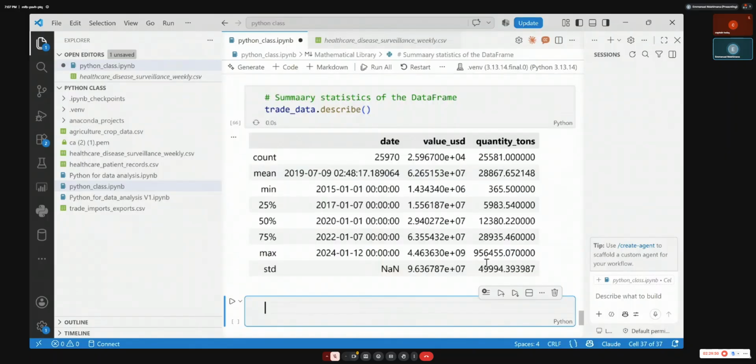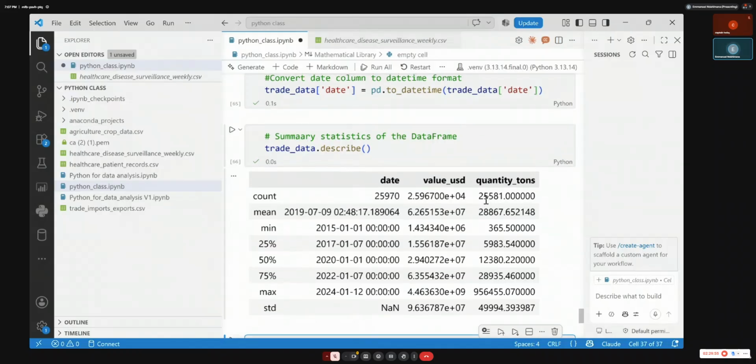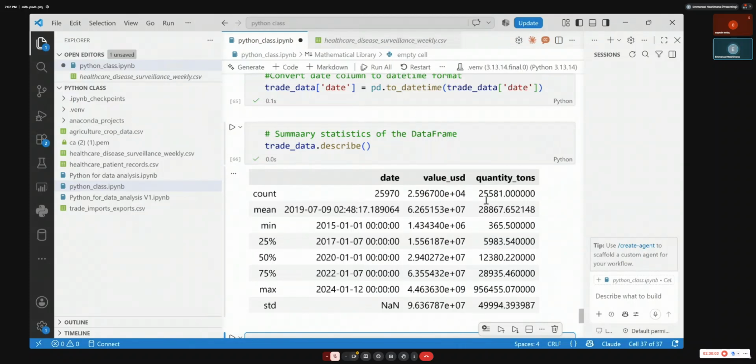This describe will mainly work on the continuous columns, the numerical columns. Python will go and read all of your columns, know the ones that are numeric, and give you all of those mathematical or statistical components.